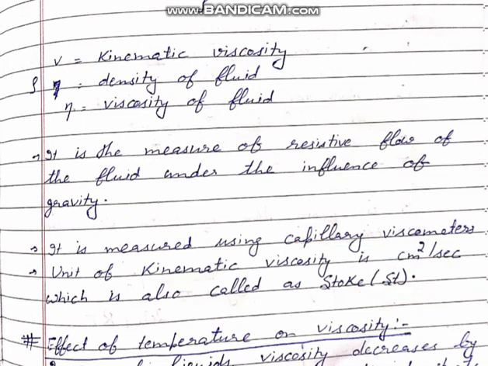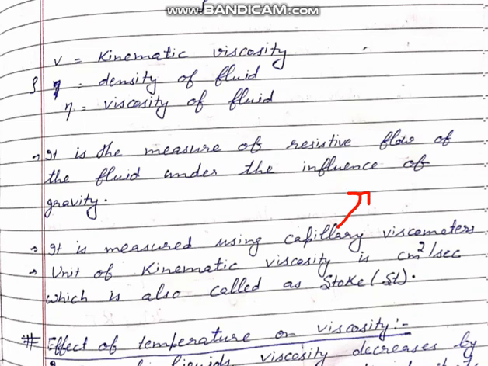Capillary viscometer are of two types which can be used to determine the kinematic viscosity. One is Ostwald viscometer and second one is Ubbelohde viscometer. Both these viscometers have a capillary through which liquid or the fluid passes. The speed with which it moves through the capillary is helpful to determine its viscosity.